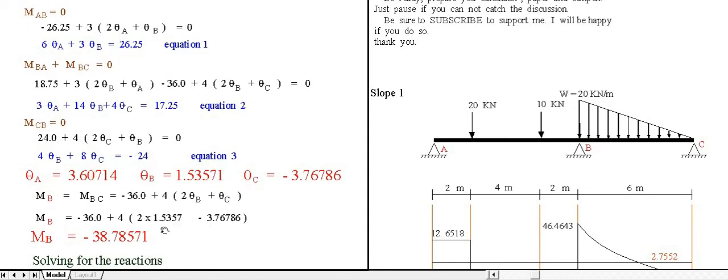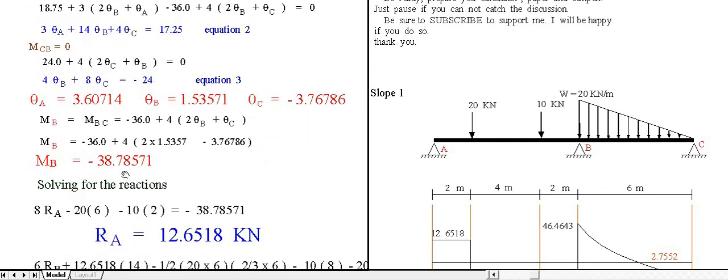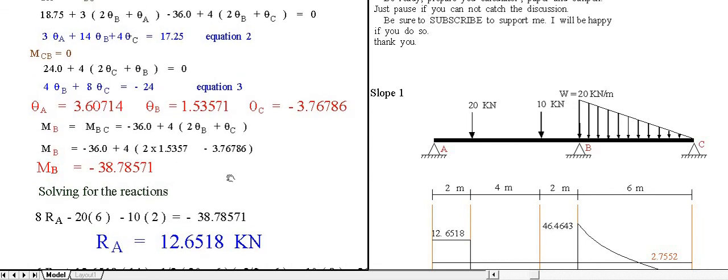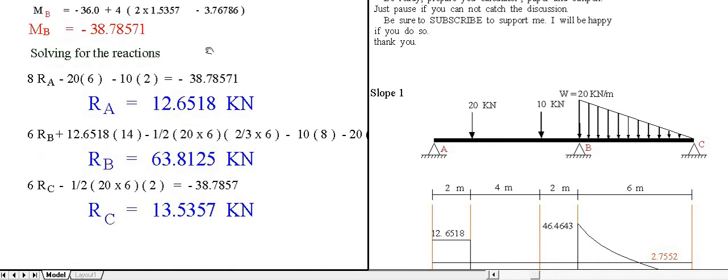Substitute, okay. Theta B is 153, this one. Then simplifying, moment at B is 38.7857. Simplifying this, negative, then another negative 38. Then solving the reaction,